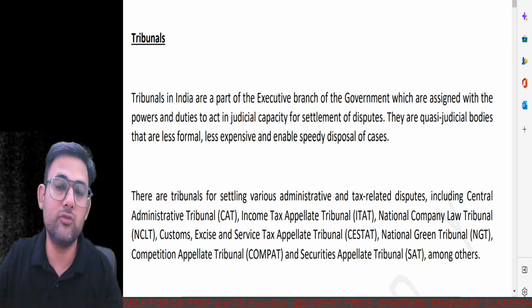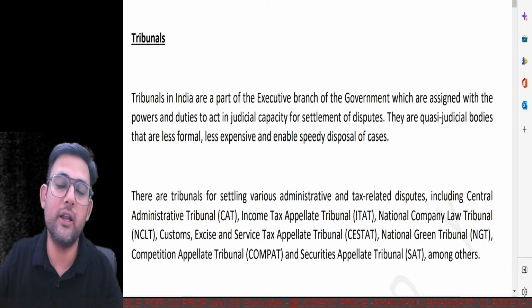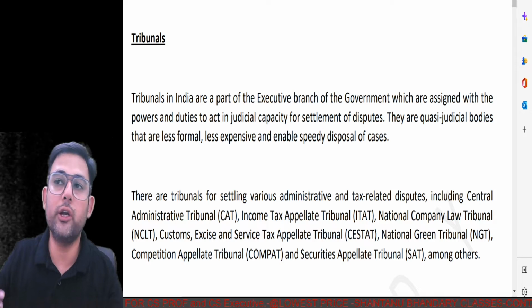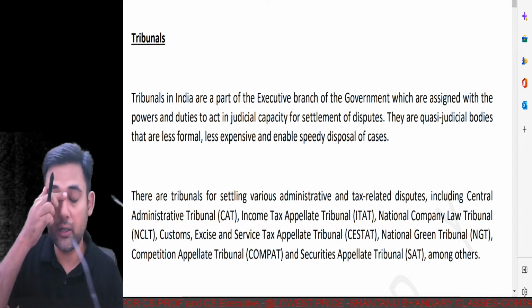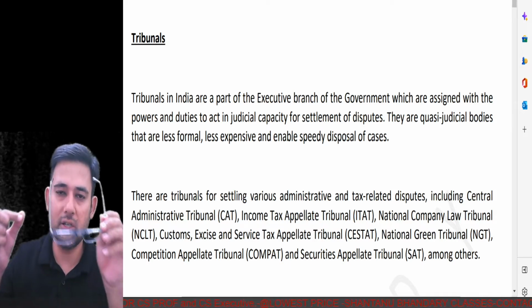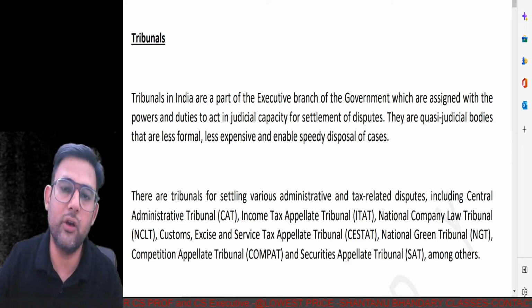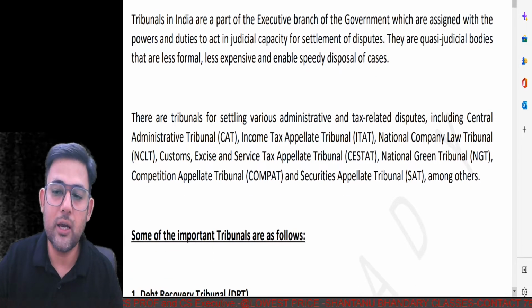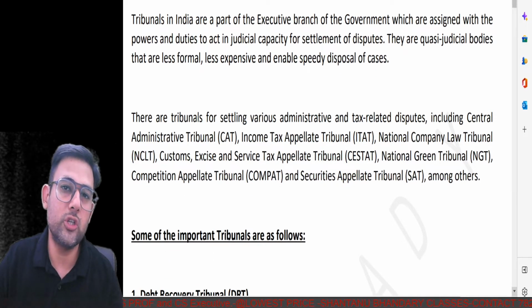So I think it's very important, and there is now a need, to set up the tribunal or the fast track court to dispose of the matter as soon as possible, because it does not really matter what kind of law it is, we all know that the purpose of law is to provide justice, and we have heard many times that justice delayed is justice denied. So tribunals are of various types, and tribunals are quasi-judicial bodies that have been set up to speed up disposal of